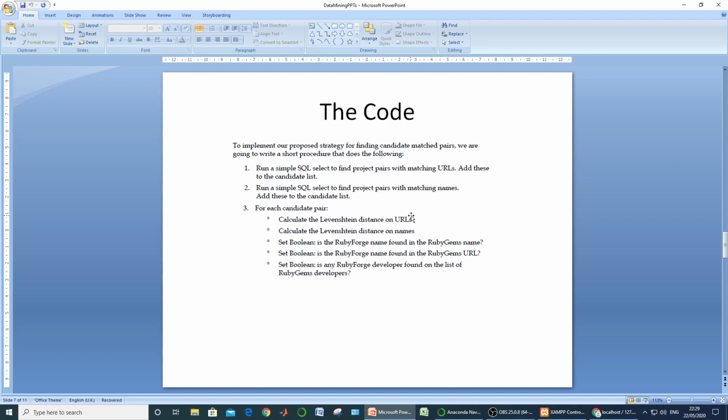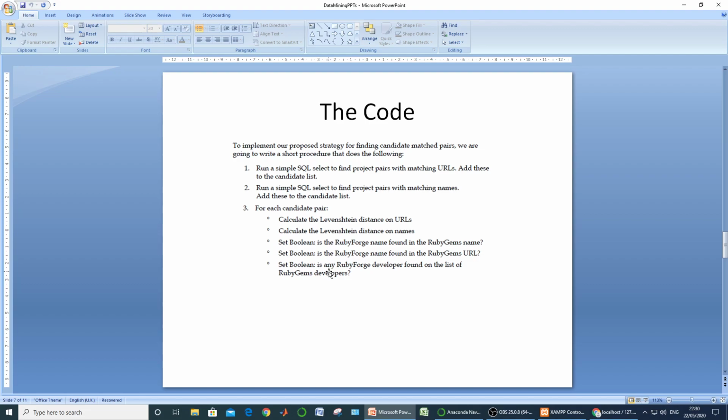So we want to have a quantification of that match. Third one is set boolean. Means we will be considering 3 or 4 boolean variables for checking whether the project name in RF incorporation matches, or is found somewhere in the RG project names. Means it was not completely matching, but a part of it was matching. If it is true, then we are going to set that particular variable to 1, otherwise it will be equal to 0.